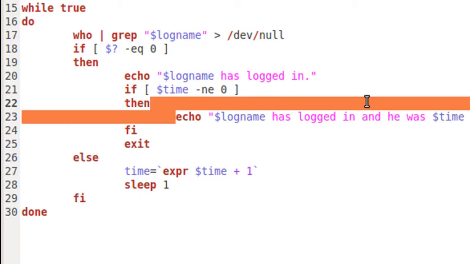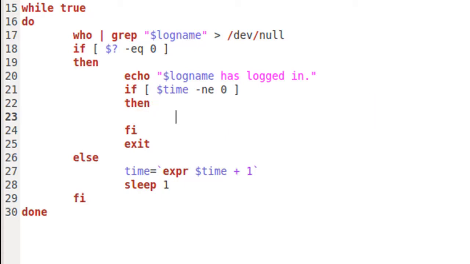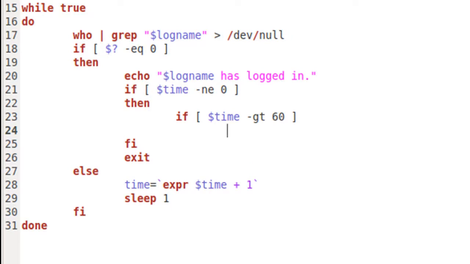In fact, I'm going to take out this echo statement completely. In the if block, we've checked already whether the value of time is not equal to 0, and if it isn't, then we are going to check whether the value of the time variable is greater than 60 or not. So the test condition is going to be $time -gt, that's for greater than, 60, and if this is true, then